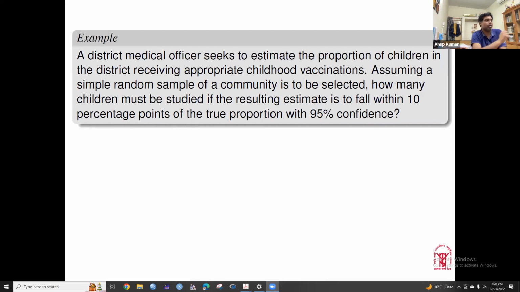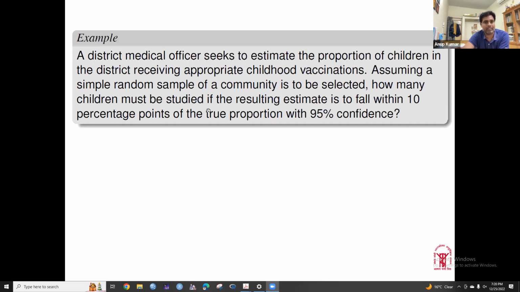Okay. So a district medical officer seeks to estimate the proportion of children in the district receiving appropriate childhood vaccination. उसको ये देखना है कि what proportion of children are receiving appropriate childhood vaccination. Now, assuming a simple random sample of a community is to be selected,